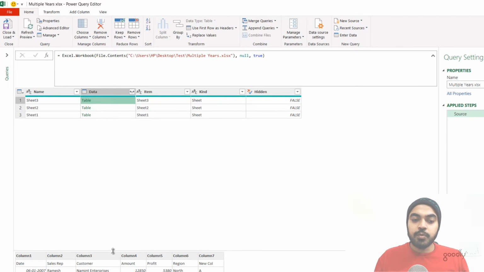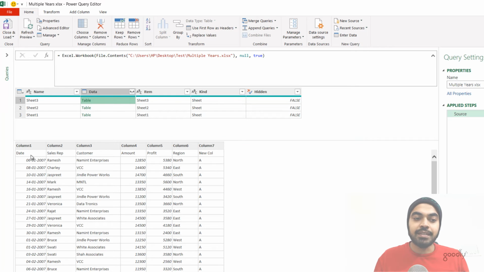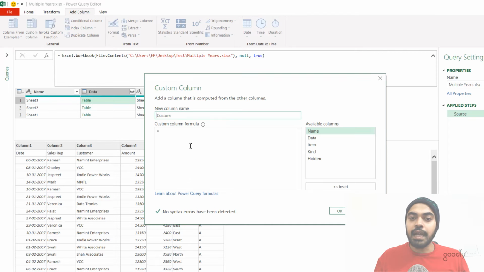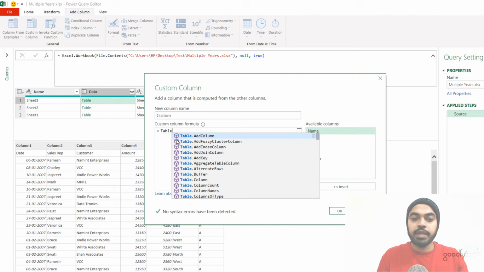Now one of the problems with this particular column is that the header is in the first row of the data. It's not really promoted to the header row. What I would want to do is I want to promote the headers before I do any kind of work with this particular data set. Now, if your headers are already promoted, you would not do what I'm just doing as of now. So in the add columns tab, I will come to custom column and I'll write a new formula called table.promote headers, and